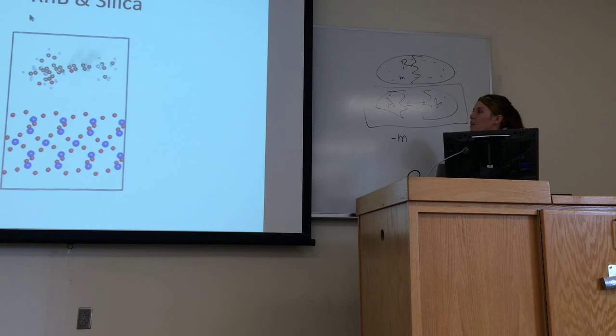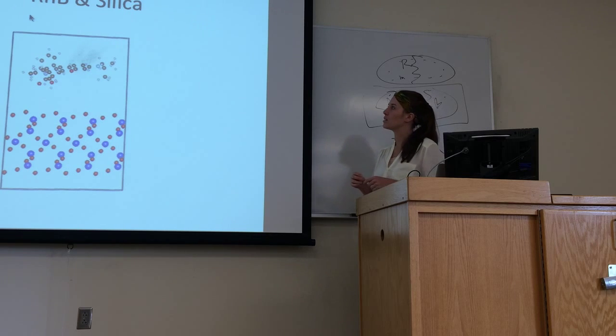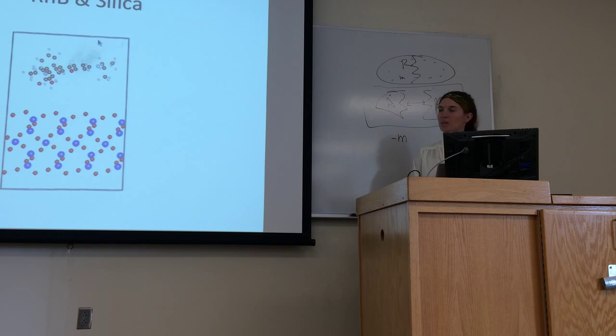So this is what I'm working on. The top portion is rhodamine B, and then this is a silica slab. So I have three different types of dyes that I'm working with, so I'm going to try and put these different types of dyes, methylene blue, rhodamine B, and eosin Y, on top of the silica slabs, and then optimize them